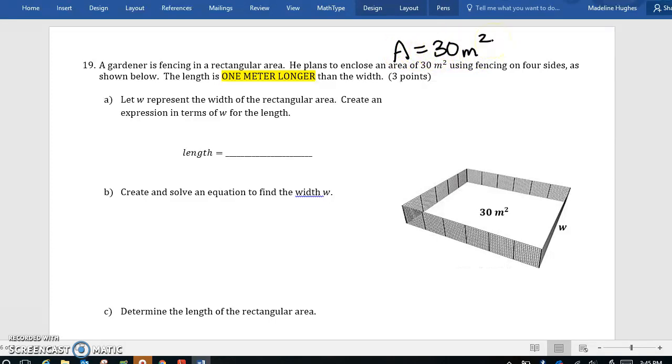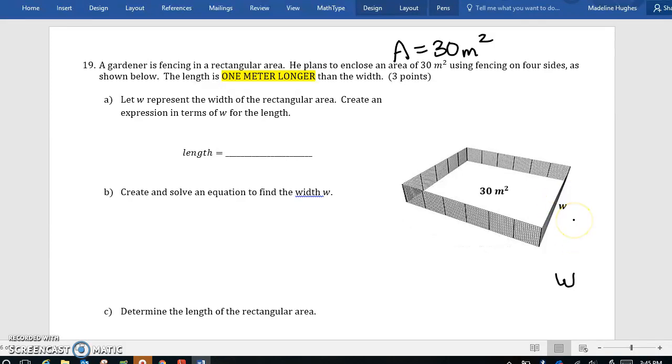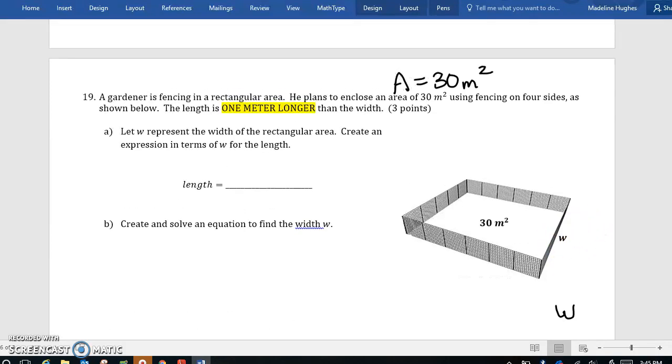Okay, he plans to enclose an area of 30 meters squared using fencing on 4 sides as shown below. So we have this nice picture here with the area in the middle, 30 meters squared. The length is 1 meter longer than the width. Part A, let W represent the width of the rectangle area. So again, we have this W, right here's the width. If we're going to write the length, we know the length is 1 meter longer. So we're going to take this W,